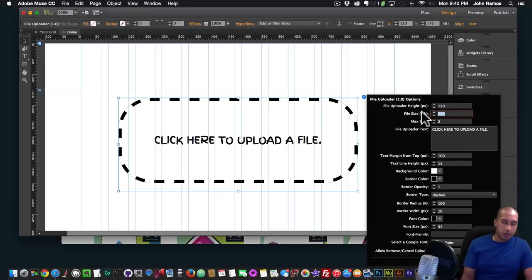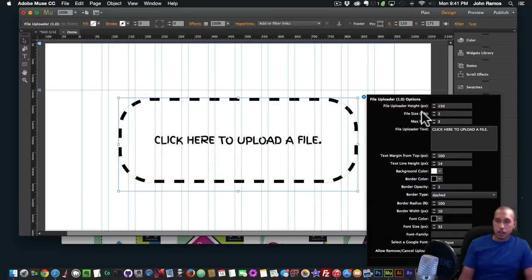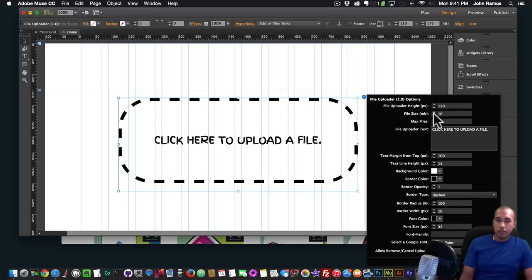And I might even change that, but the max is 256, because you don't want your server getting filled up with a ton of big files. So for now, I'm just going to leave it at 2. I think 2 is a pretty good size even for images. Maybe for really high quality images, you'll want 10 megabytes if you have people uploading really